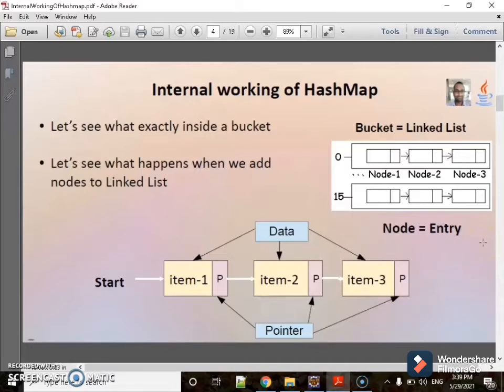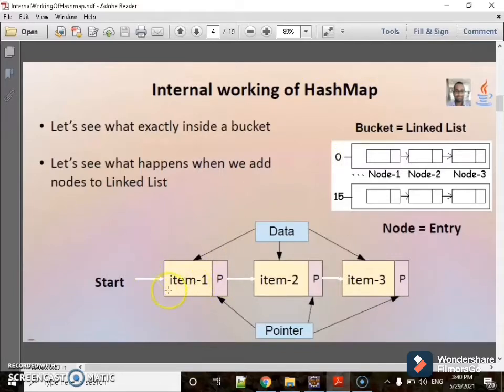Let's see what happens when we add nodes to the linked list. When we create a new hash map, it is a start state. Whenever we put entries or nodes to the hash map, JVM calculates the hash code of the data. After that, it finds a suitable bucket or linked list and puts the node into that particular bucket. If it is the first node, it simply adds it to the bucket. Otherwise, it checks the existing node with the new node.